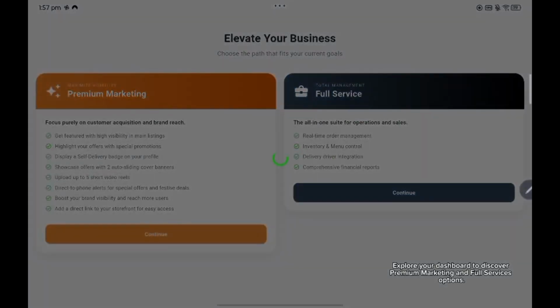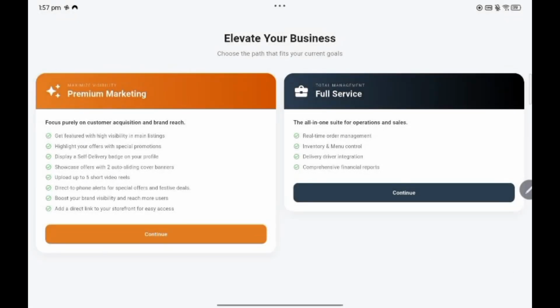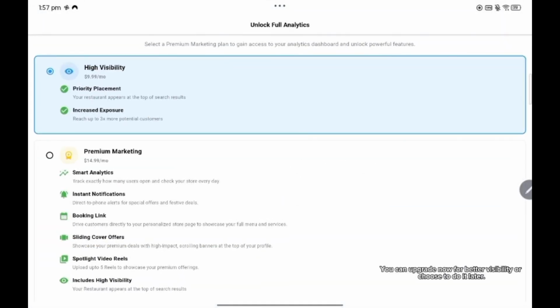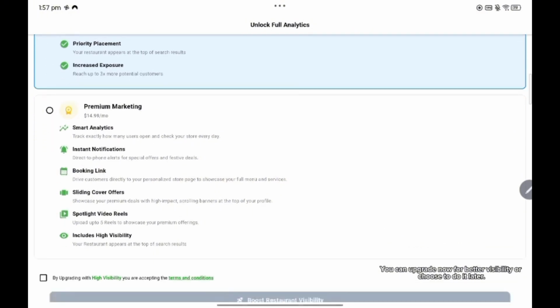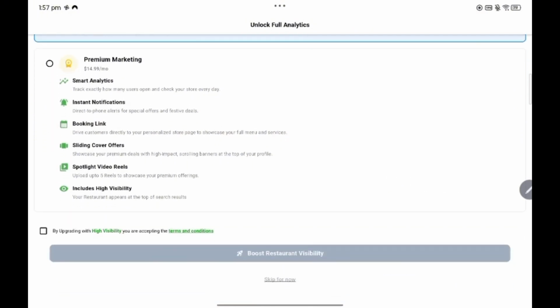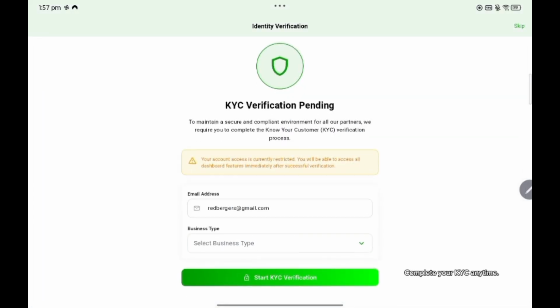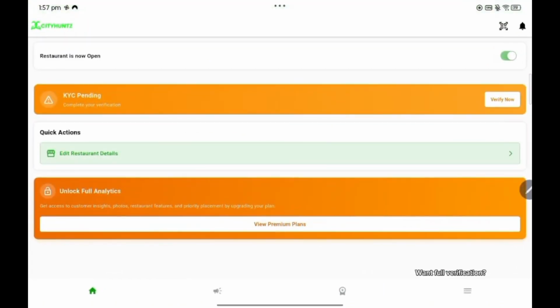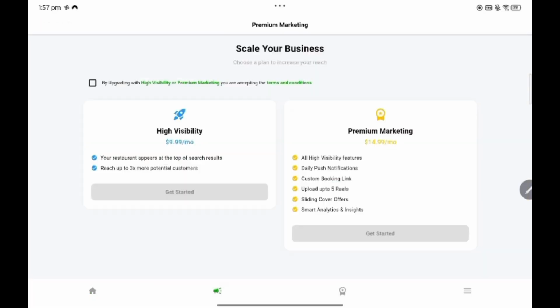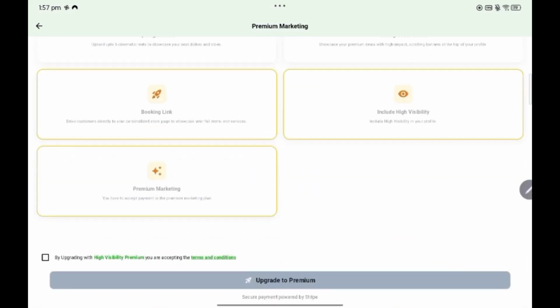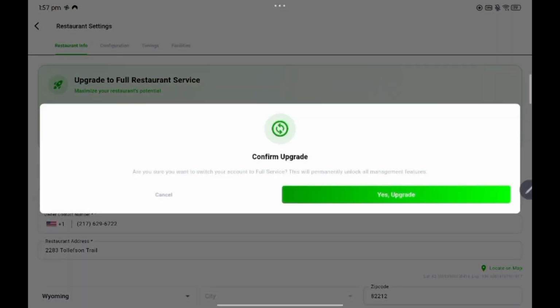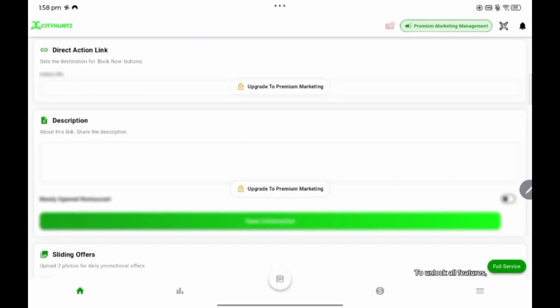Explore your dashboard to discover premium marketing and full services options. You can upgrade now for better visibility or choose to do it later. Complete your KYC anytime. Want full verification? To unlock all features,